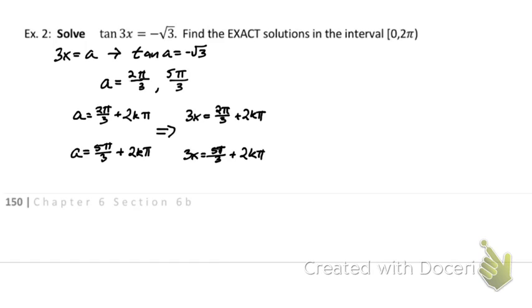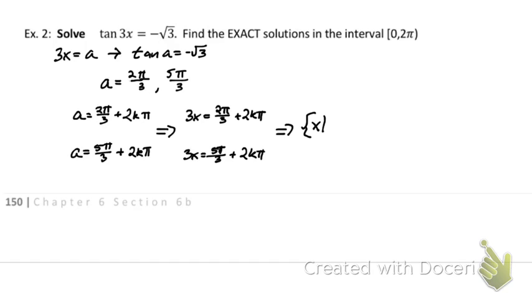Could we have shortened that at all? They're right across from each other, so we could have just had pi. I'm going to finish this way, but know that this could have been a lot shorter. We could have just said 2 pi over 3 plus k times pi. Know that this could have been shorter. If you want to put it in your notes as shorter, awesome. I'll probably do it underneath. But if I'm just going this way, we're going to then have